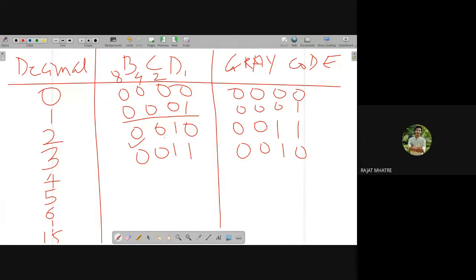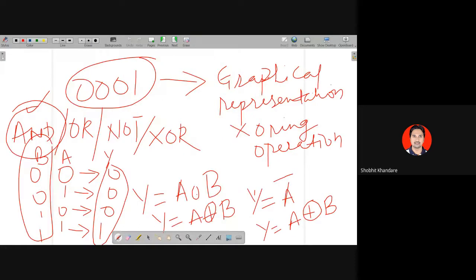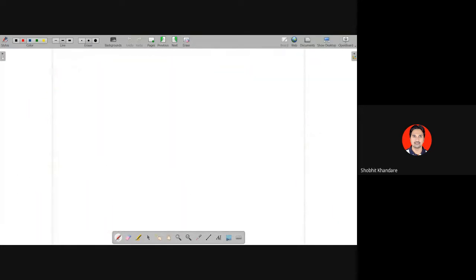Sir, can you explain the steps again, please? Okay, okay. See, the steps are simple. The steps go in this manner. Others, जिसको पता है, they can complete the table. And others, जिसको नहीं पता है, please see here. For example, if I'm taking the decimal number 7, its equivalent BCD or binary code comes to be 0111. So how do you get the gray code? To get the gray code, the first thing is that you have to represent the decimal number in its binary code or the BCD code. I mean to say the 4-bit representation.